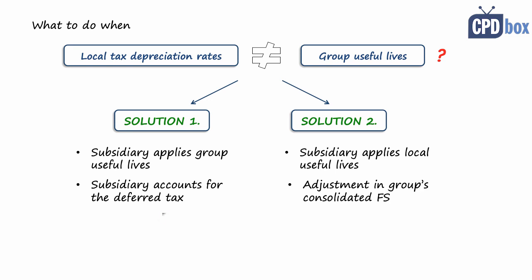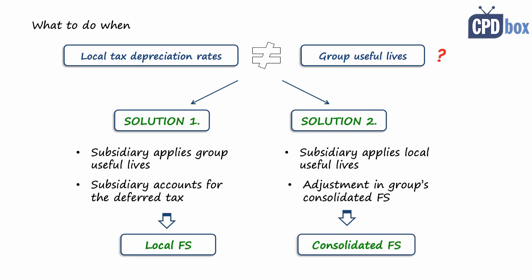So either the subsidiary makes the adjustment in its local books or in the consolidation package. The third possibility is that the parent can make the adjustment when consolidating everything. But if the parent owns a number of subsidiaries, this would be extremely demanding and challenging, keeping track of adjustments of every single subsidiary.